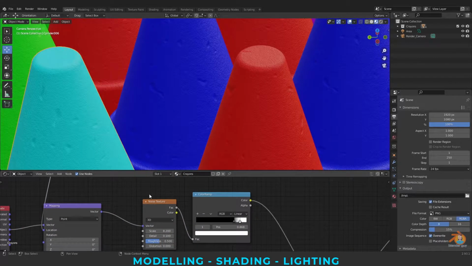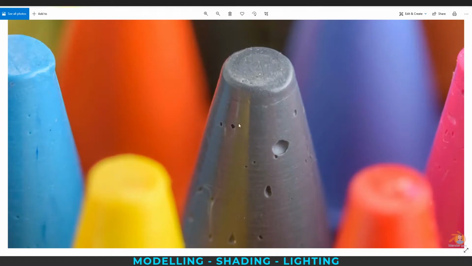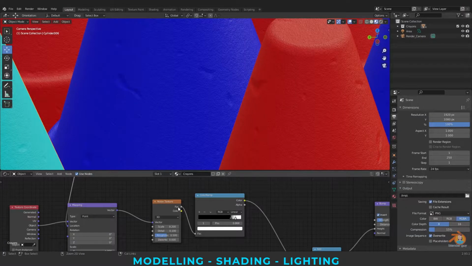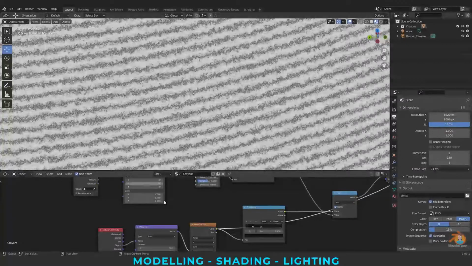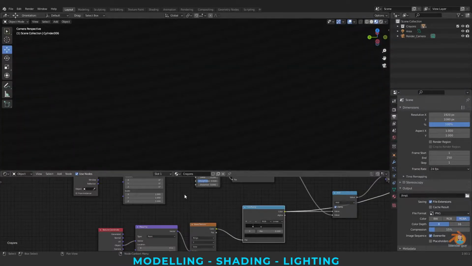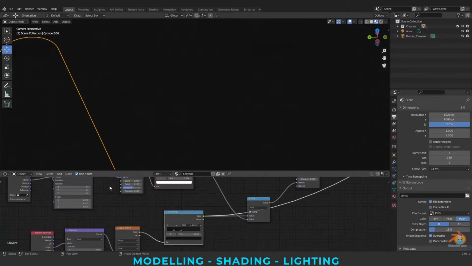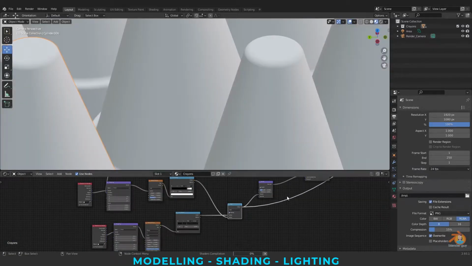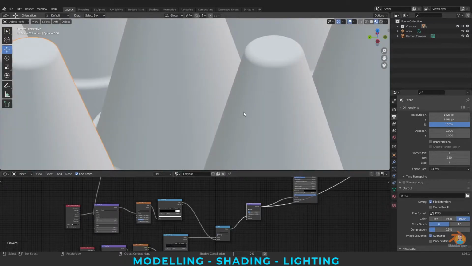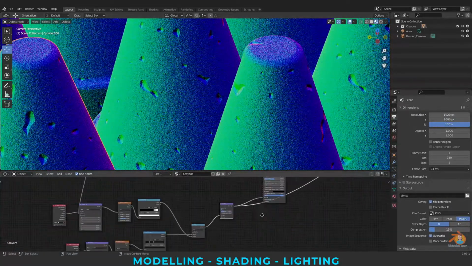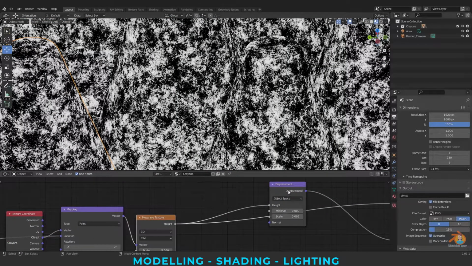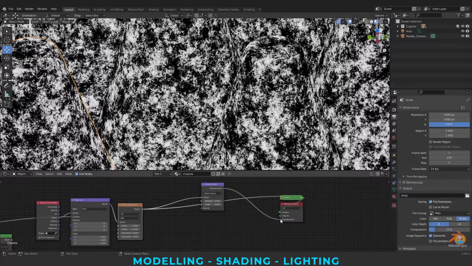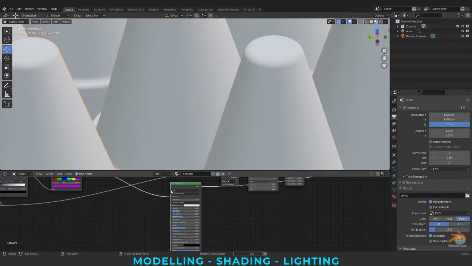For the bump, I have taken a noise texture to create this details. I have taken a noise, connected to color ramp and connected it to bump, and also there is a pattern on the crayons. So to create that pattern, I have used a wave texture and blended both of them with the math node and connected it to a bump. And for the displacement part, I've taken a Musgrave and connected it to displacement height, and from that to material output. So if I view this principled BSDF, this is my final output.